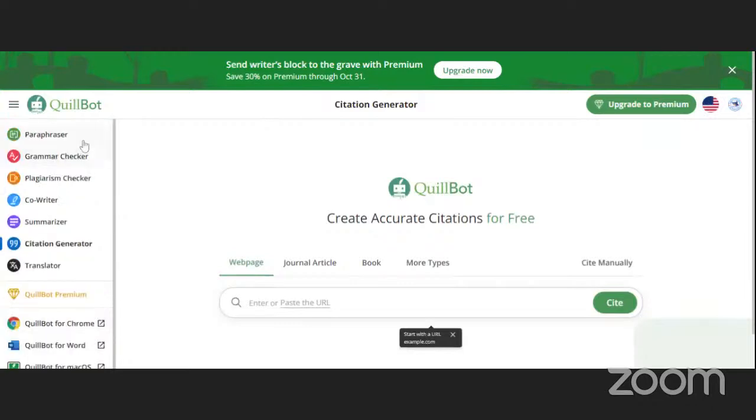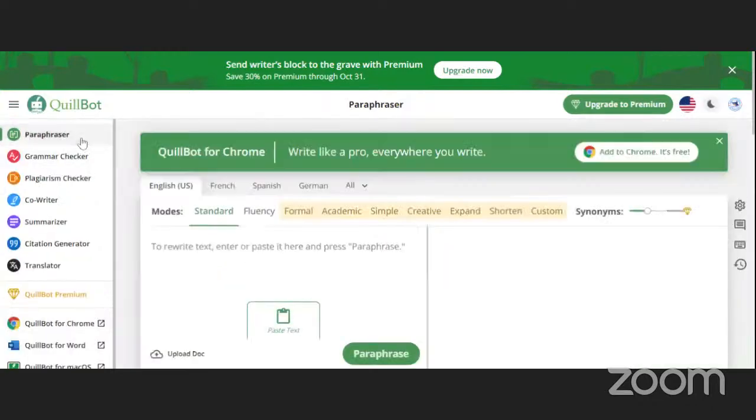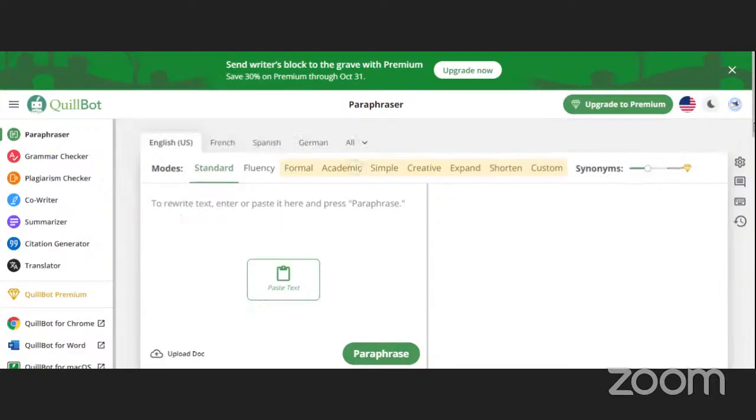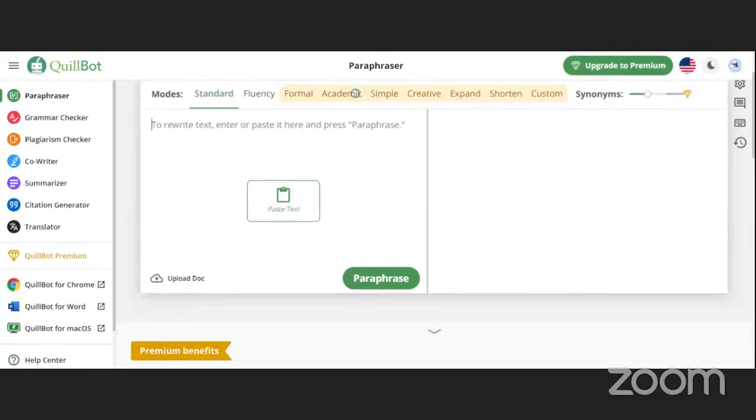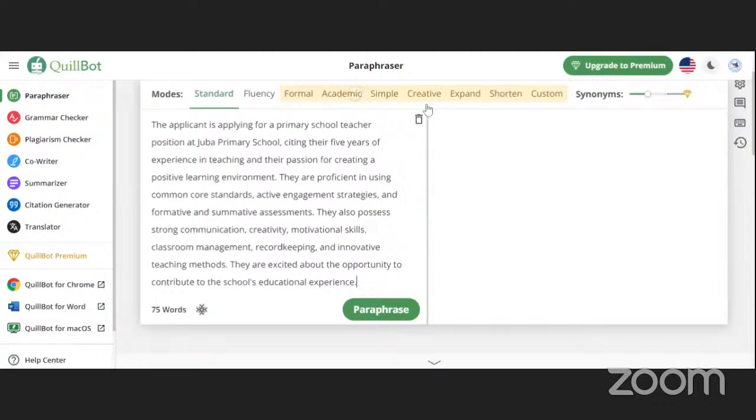And then the other one that I wanted to tell you about is Paraphraser. So let's say you generated the content using an AI tool, and then you want to rewrite it. You can bring it and drop it into Quillbot here, like the paragraph that was summarized there. Then you can choose whether you want it paraphrased for fluency.